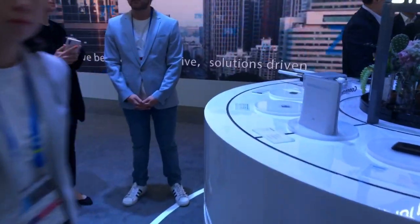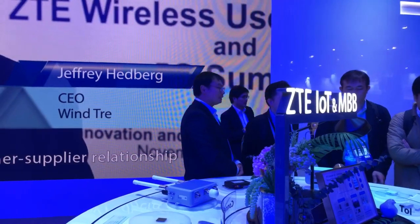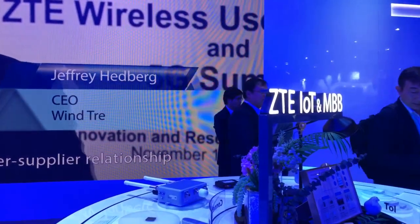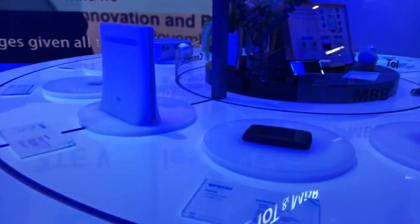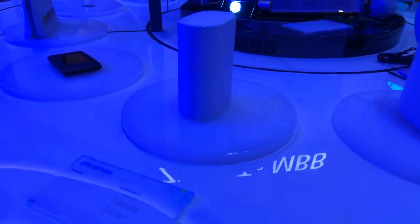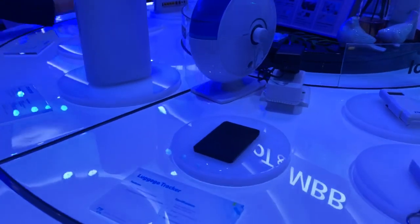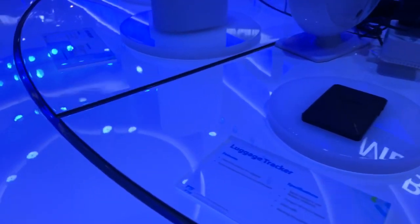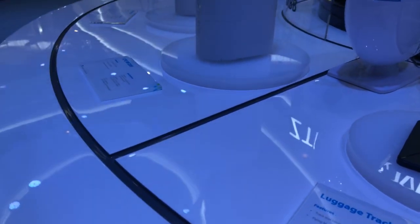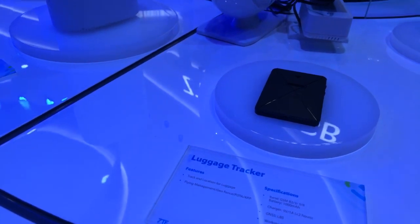Anna explained to us a little bit on what they have here, and now we see here is the IoT narrow. Is it narrowband IoT? NB-IoT? Okay. And so we have here the hotspots, their base stations, LTE base stations mostly for what I can see, and different sorts of pet trackers, for example, luggage trackers so you don't lose your luggage. Very useful. It's for your luggage when you fly in the plane, and the luggage should be located when you leave the